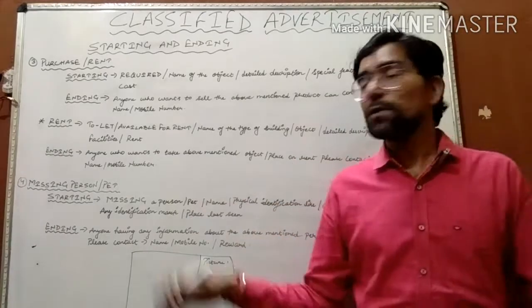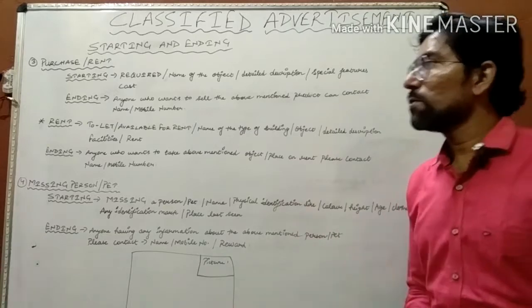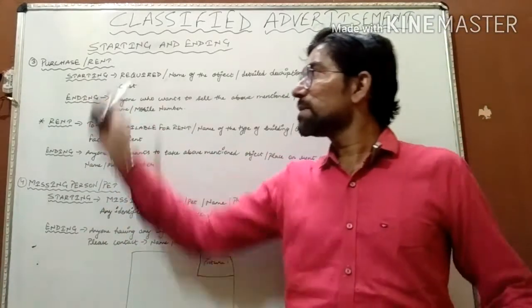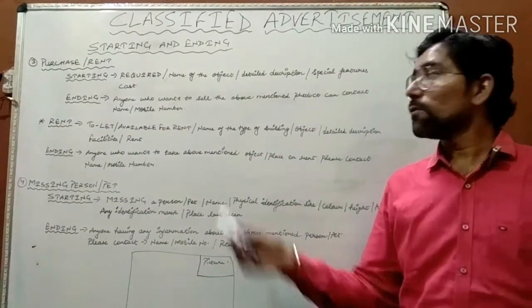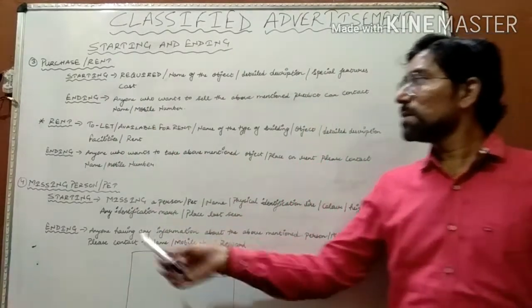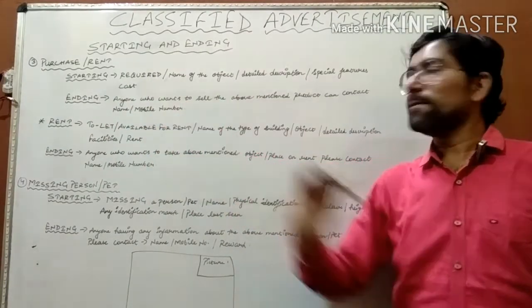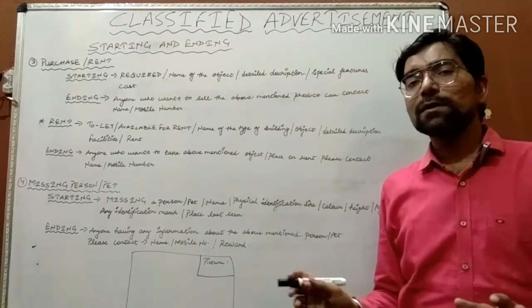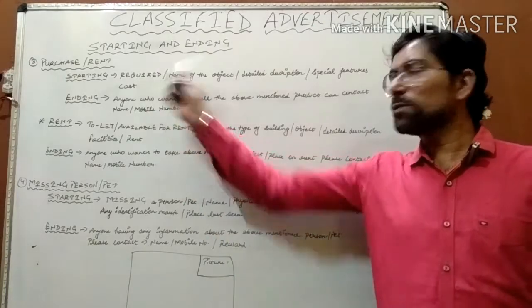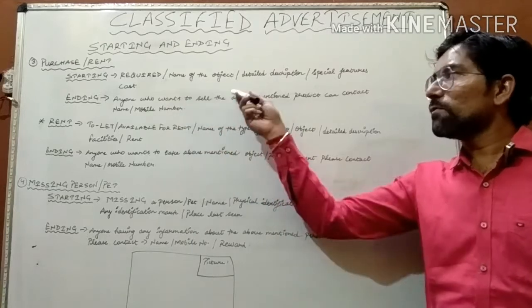So now you can see that there are some other classified advertisements I have written over here. Starting with purchase and rent, we have seen sales, and now we are about to see purchase and rent. For the purchase, we start with the word required. Required is going to be the heading of your purchase classified advertisement, and then